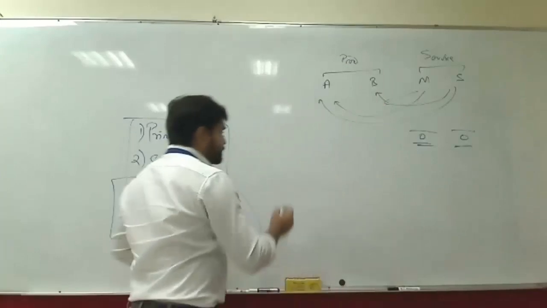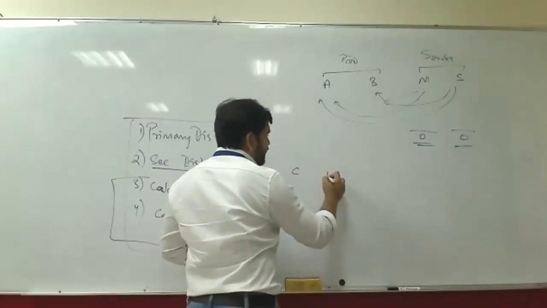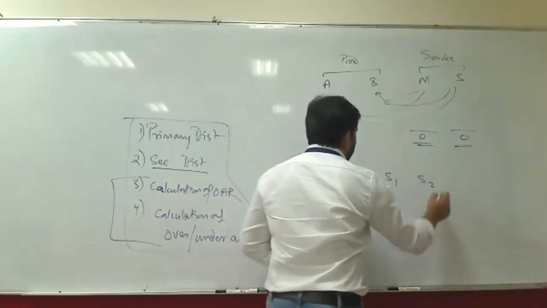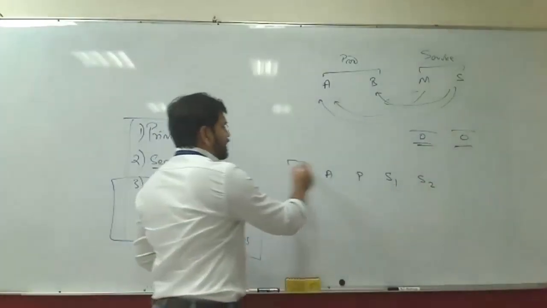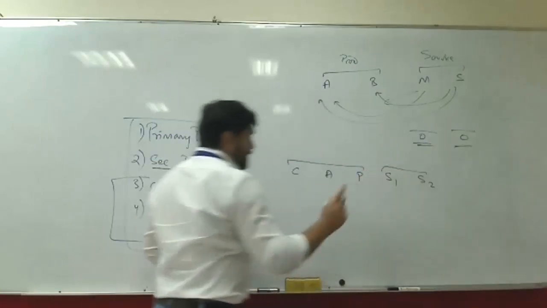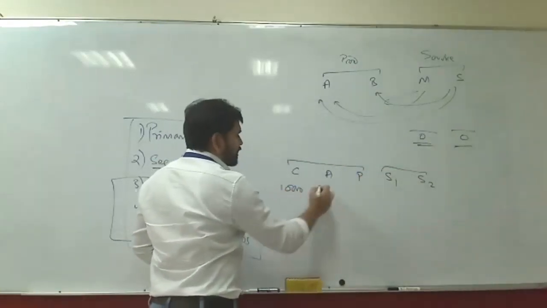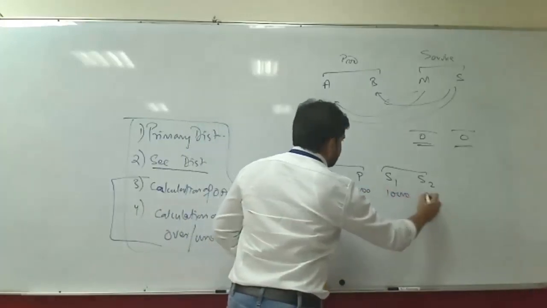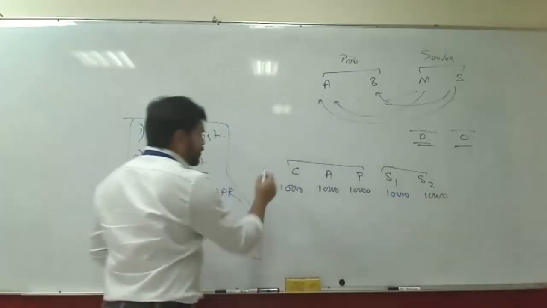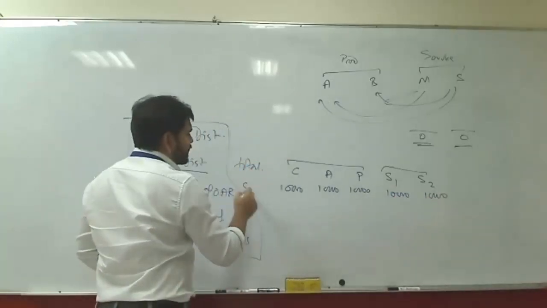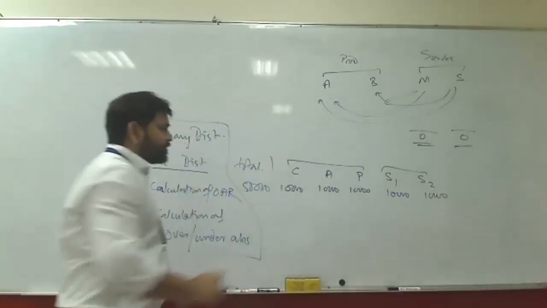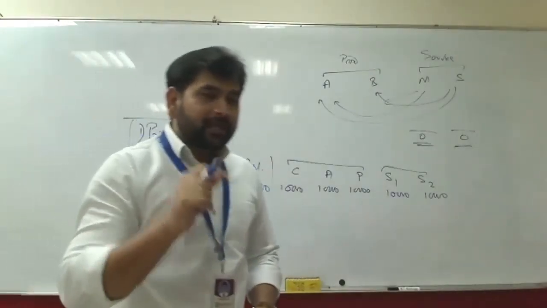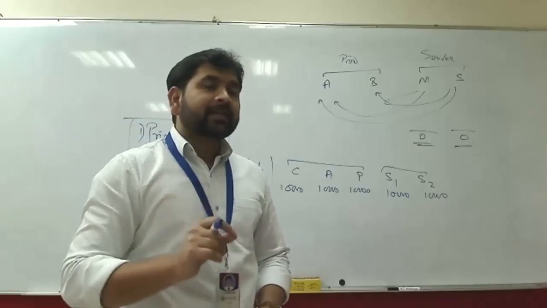Now, see, let's say I have got my cutting, assembly and polishing and packaging. Then I have service department 1, service department 2. So this is my production, this is my service. And my total cost in all the departments is 10,000. So my total cost obviously will be 50,000. Agreed? Okay. Now the problem is that when a client will come, okay, and let's say the client is saying,